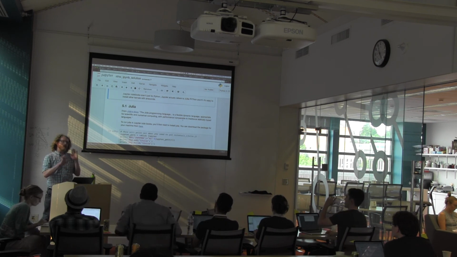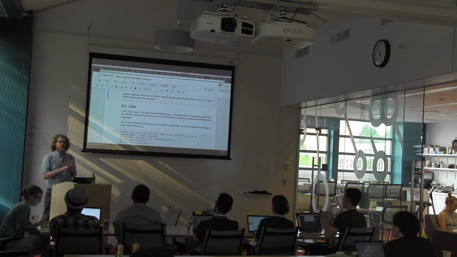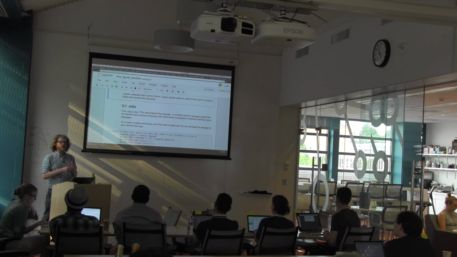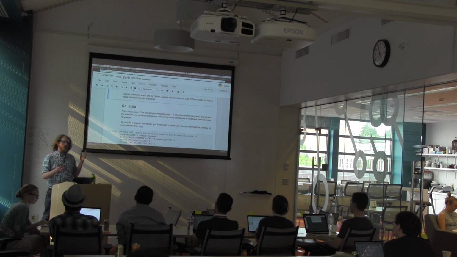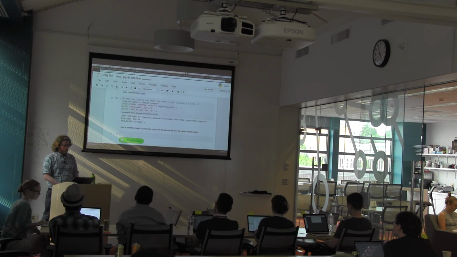They claim they've got a lot of benchmarks showing that you can write stuff in Julia and get performance similar to C with very little optimization. You don't have to do any optimization or anything on the Julia side. But it is a whole other language to learn, so there's the trade-off. But you can